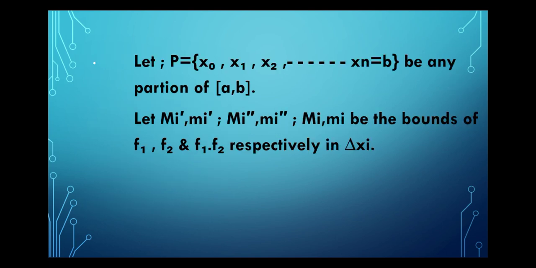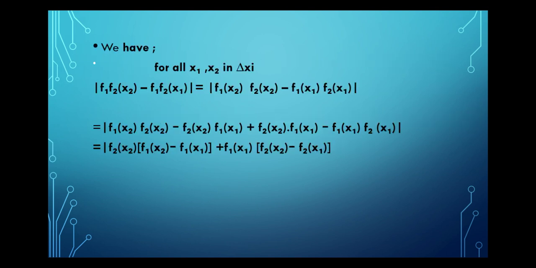Let P = {x0, x1, x2, ..., xn = b} be any partition of the closed interval [a, b]. Let Mi', mi', Mi'', mi'', Mi, mi be the bounds of f1, f2 and f1 f2 respectively in Δxi. We have for all x1, x2 in Δxi,